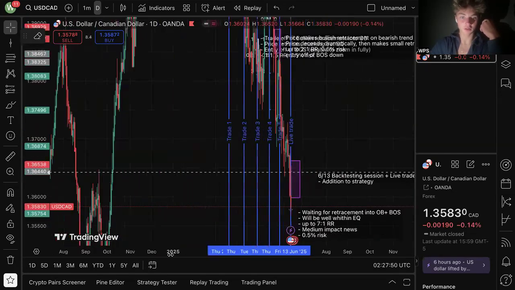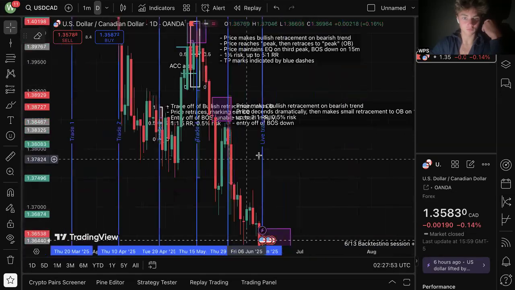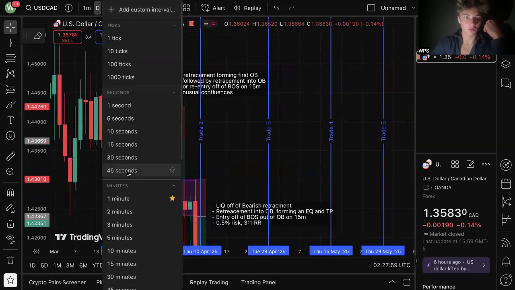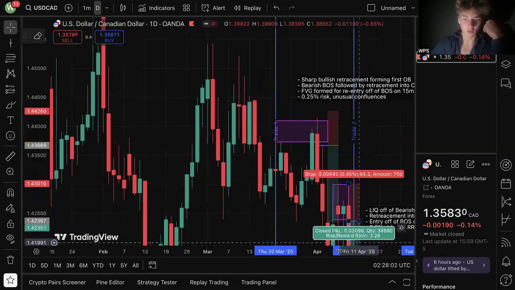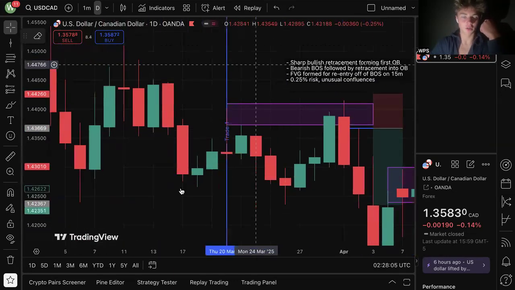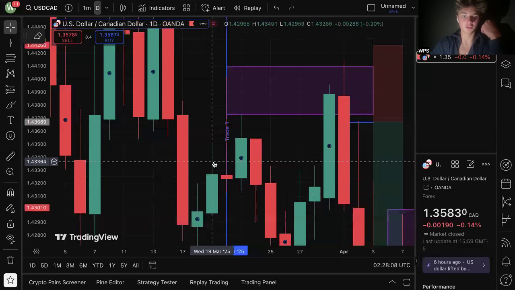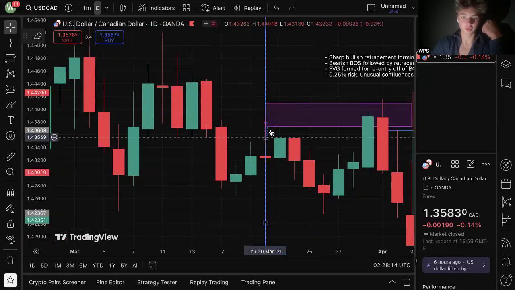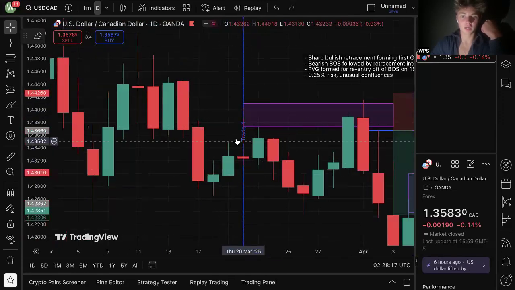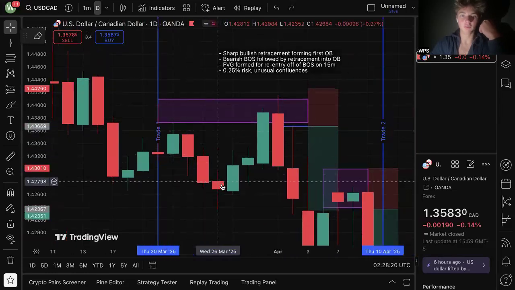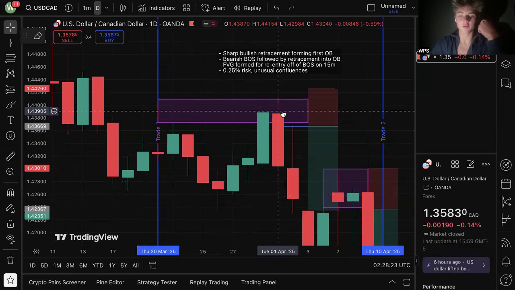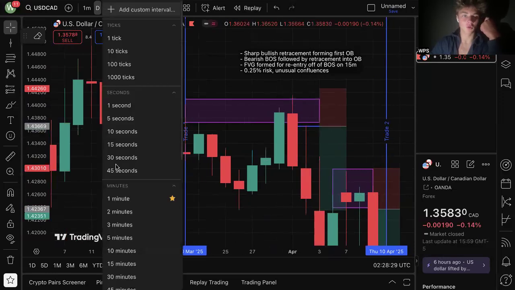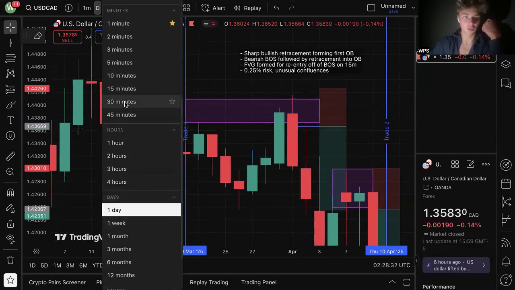Starting with the first trade. Okay, for the first trade, here we have a sharp bullish block right here that price taps into at the very beginning, and then a bearish break of structure followed by a retracement into the order block. And then what I was able to do is find a fair value gap right here on the 15 minute. And I will go on to the 15 minute right now to show that,